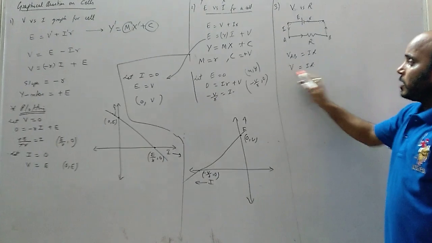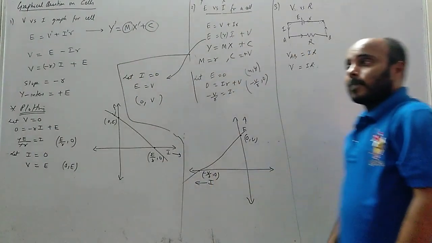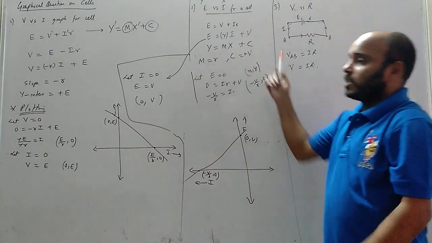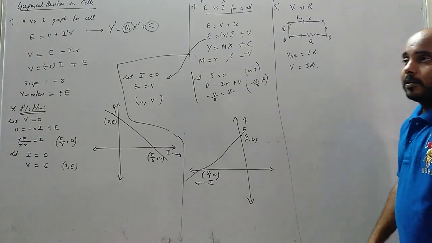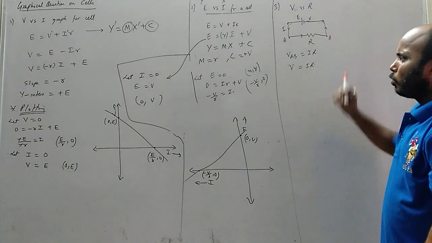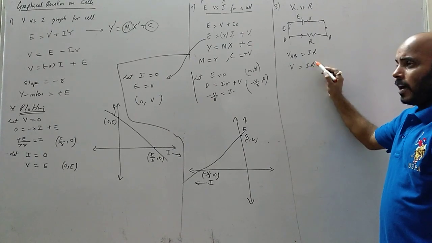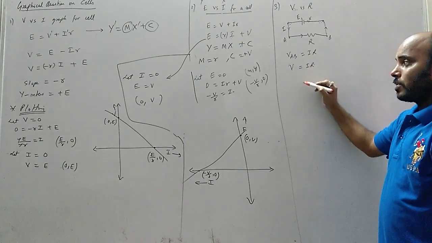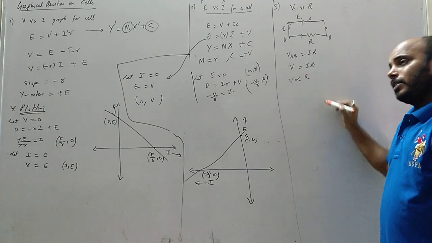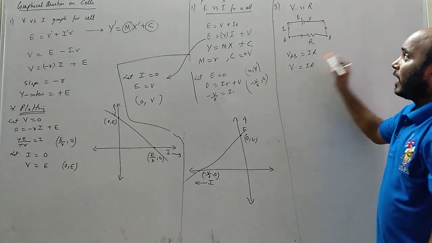Now see, this expression is not in this form. It is not something plus something. That means how will I make it into y equals mx plus c? It is not in that form at all. Okay, understand? Now, how to draw the graph? Is this I independent of R? Can I say I is constant? Can I write V proportional to R? Can I write like this? No, I is not constant. Here V and R are changing.